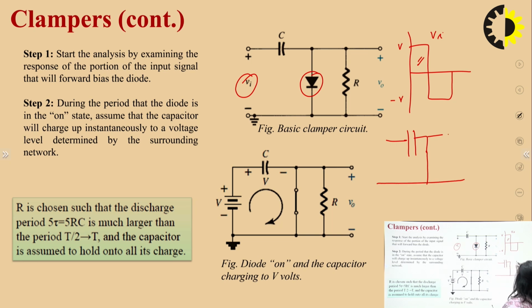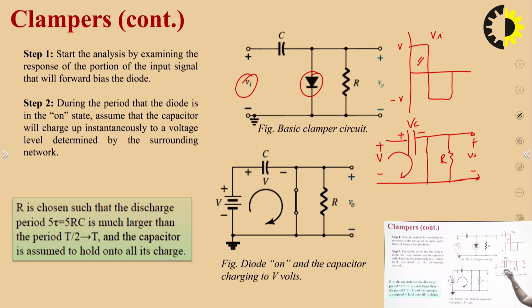This will be the circuit we can see, and this will be the output. Since this is the positive half cycle, we put the value of Vi in the positive half cycle as plus V. The diode is now short, and the current will flow in this way because it finds a short circuit path. Now this capacitor will charge by this potential V, and this plate will become plus and this will become minus.